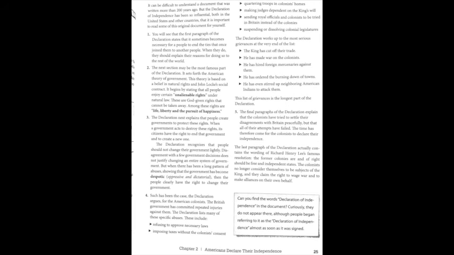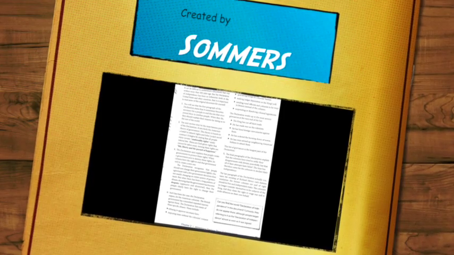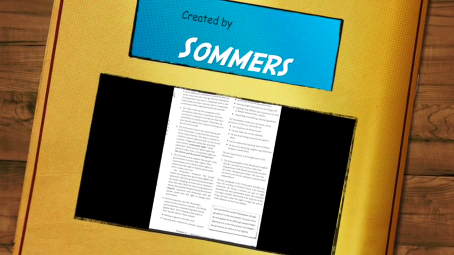So basically, the Declaration of Independence was just a very long, well-written letter from the colonists in America being sent to Great Britain saying we are no longer going to be part of your country. Once you finish that, you need to complete the rest of the worksheets you were given on day 1.